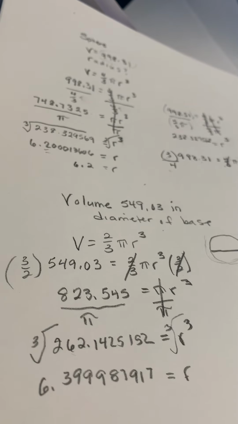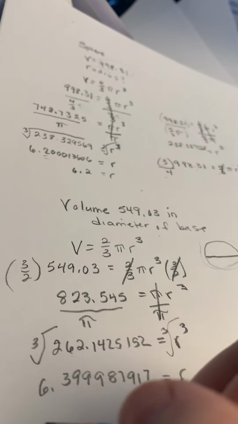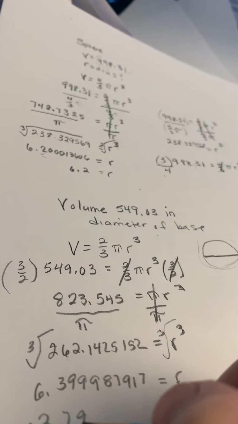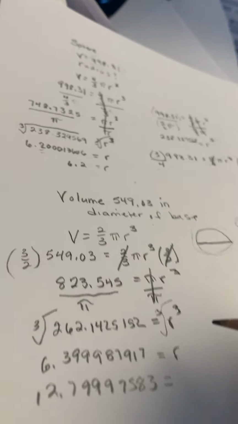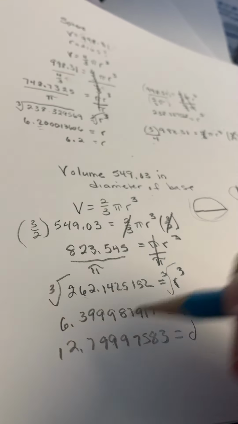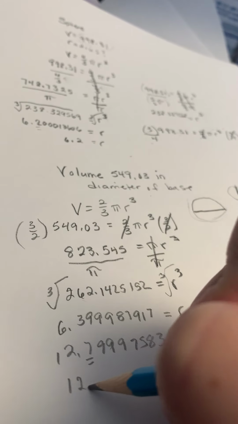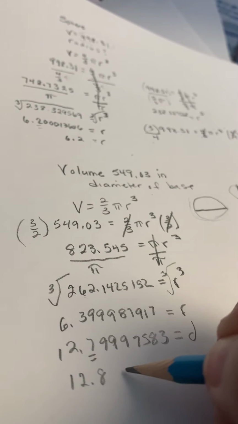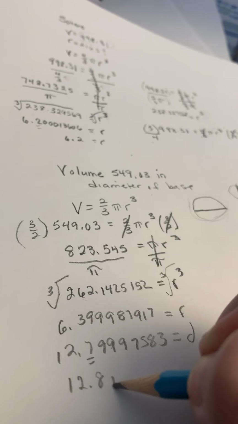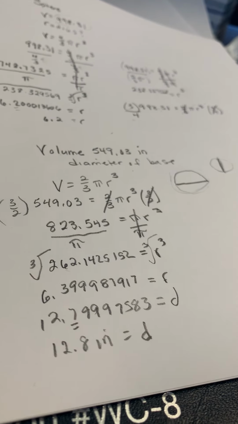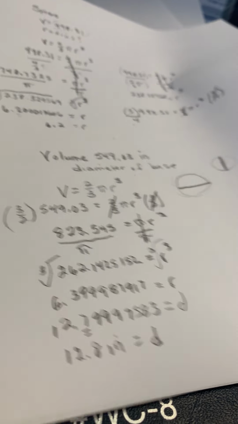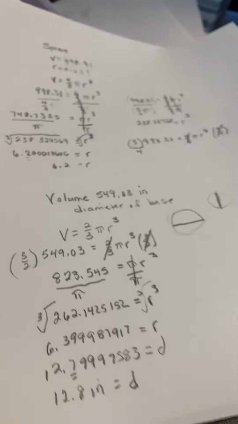And let's round the diameter after we double it. So let's leave this in the calculator and let's double it. And so what I'm getting is 12.7999583. That's my diameter. And if I want to round it to the nearest tenth, it's going to be 12.8. And that's going to be our inches. Okay. All right, so what are we going to do? So now what we're going to do is this. I am going to